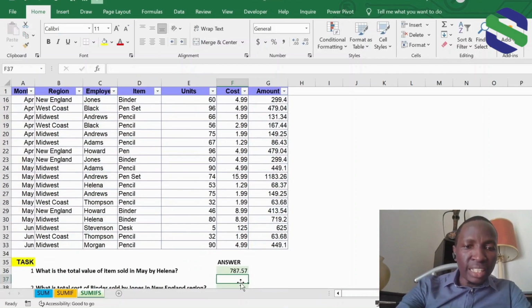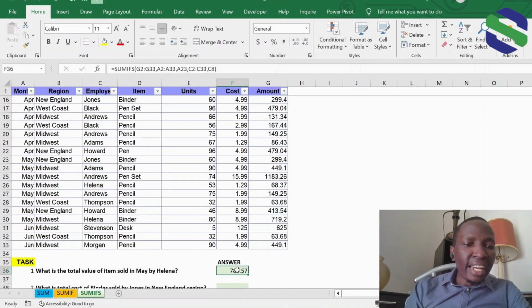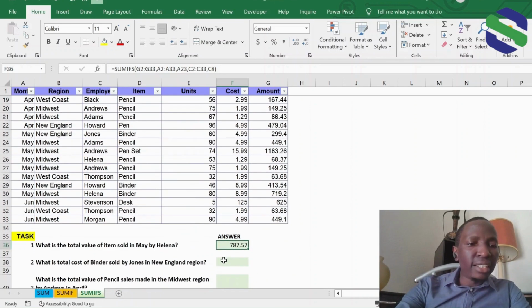So that shows that in the month of May, Elena sold 787.57 worth of items. Then we go to the second task, which is: what is the total cost of binder sold by Jones in New England region? For this particular task, we are asked to fulfill three conditions, which are